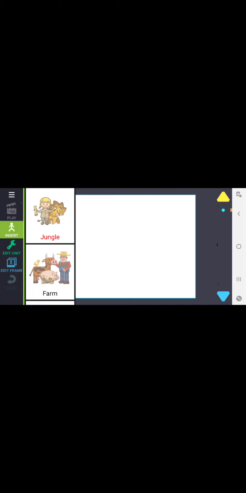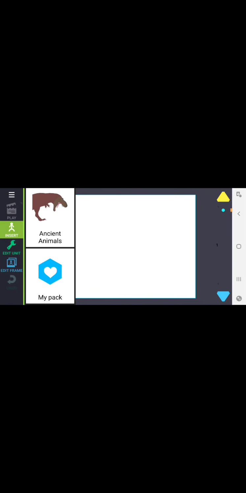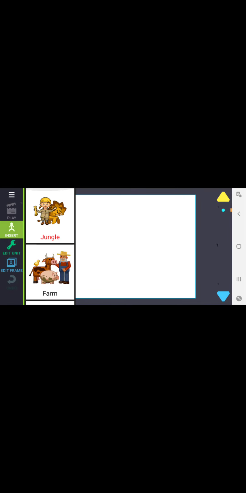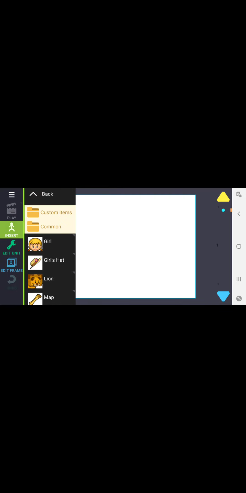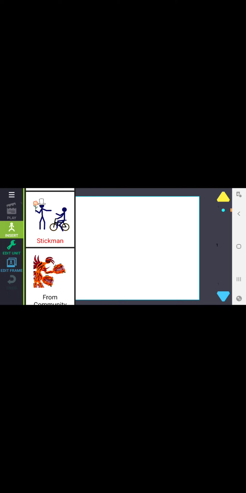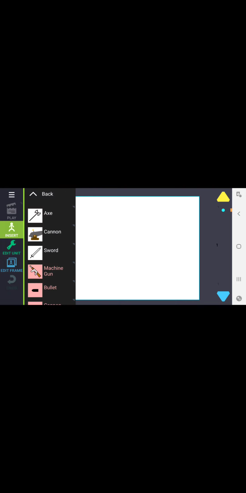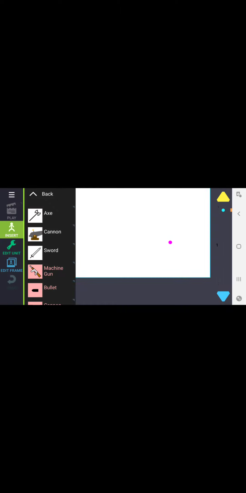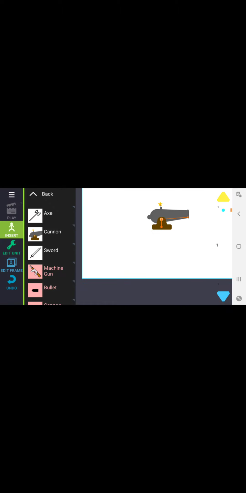Oh, Drawing Cartoons. And then I decided to make a new cartoon. And then I pressed insert, and it looked so cool. So then I just decided to do it. I made a bunch of animations on there and on this one, and it's actually pretty cool. So I decided to get a stickman, get stickman weapons, get an axe, and get a cannon.